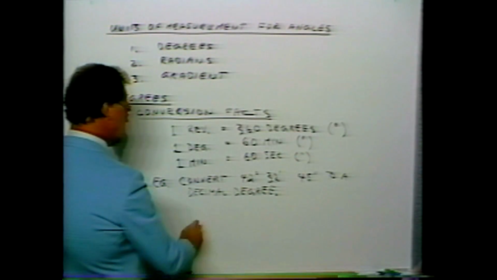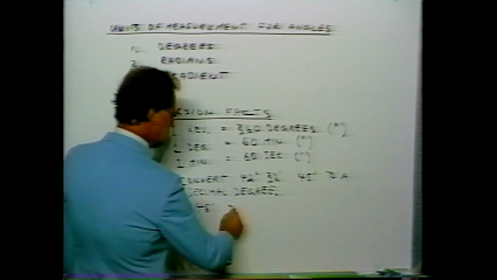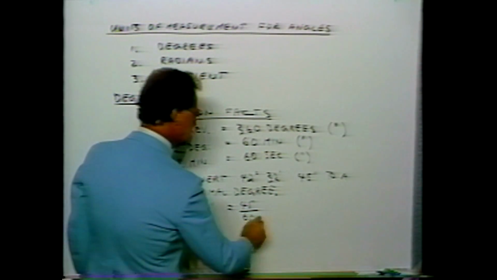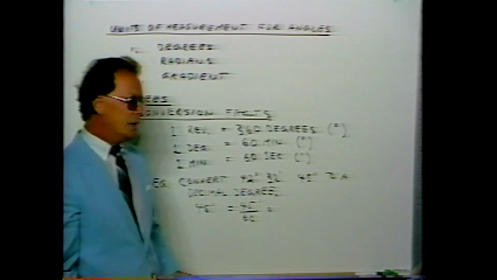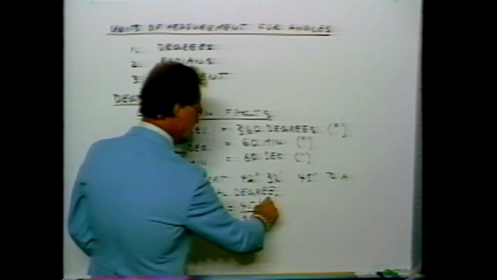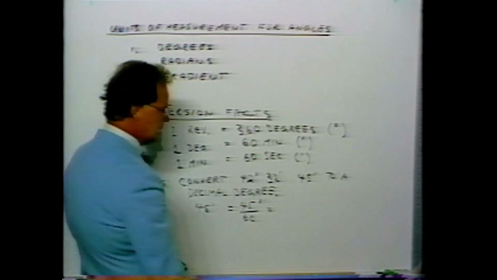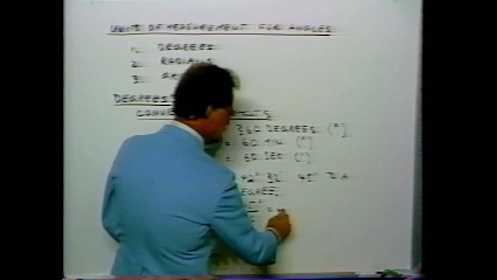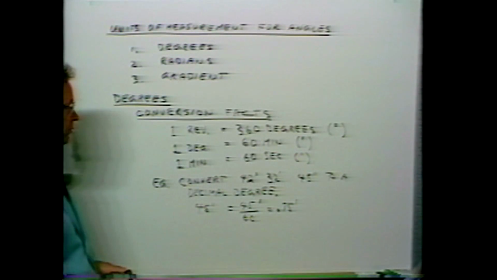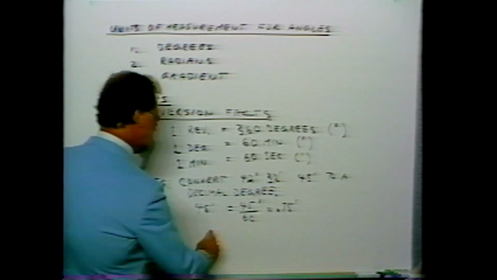In other words, 45 seconds is equal to 45 over 60 minutes, which by using a calculator, 45 divided by 60 or 3/4 is equal to decimal 0.75 minutes. So now what we have is, so far, 42 degrees,